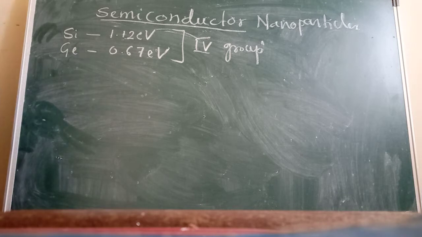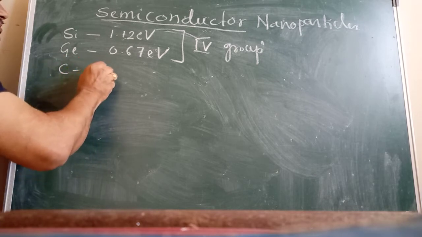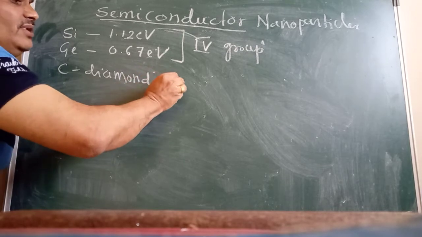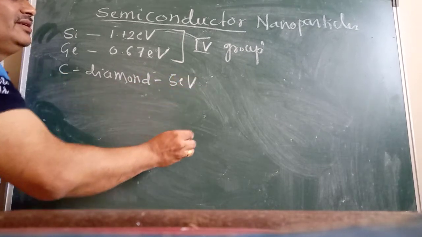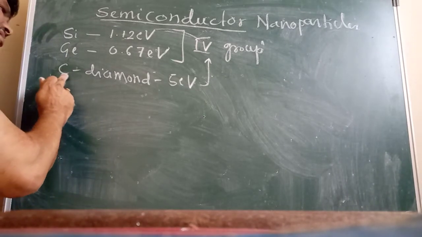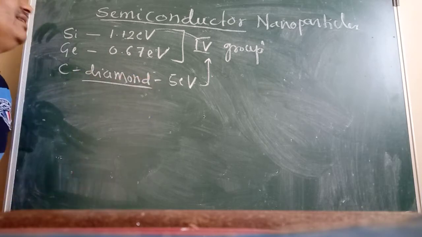Almost all elemental semiconductors belong to the fourth group. For example, carbon in the form of diamond, which has 5 electron volt. This is also the fourth group. Diamond is a semiconductor,